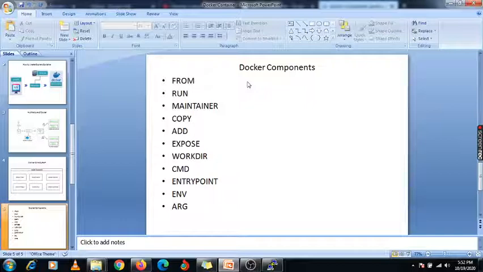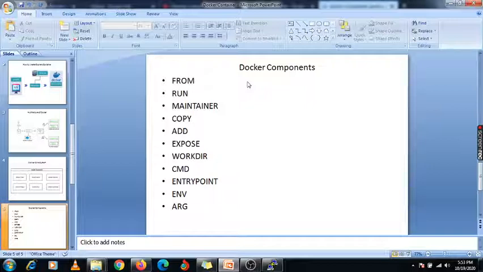So basically, what is the Docker file? Docker file is basically a text file. Whatever Docker file we are creating is in one text file, and it contains a set of instructions. Whatever instructions we are specifying inside this Docker file will execute while creating our image. When you execute that Docker file to create the images, it will create whatever the instructions we have provided using these components. So this is the basic information about this Docker.